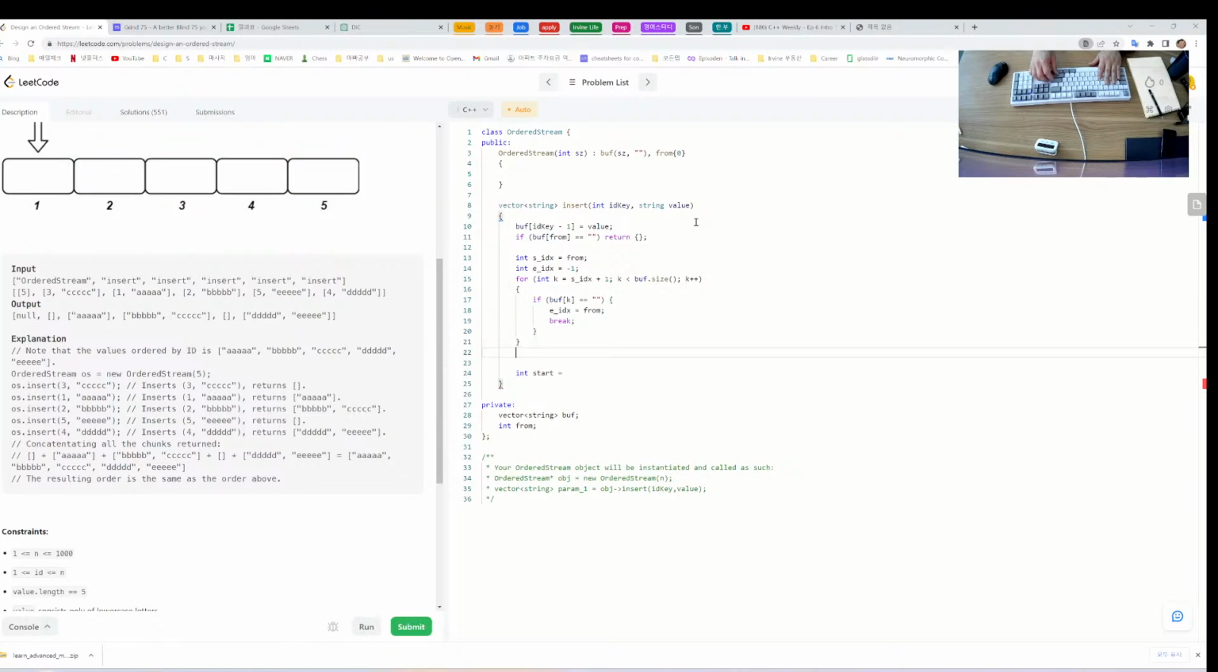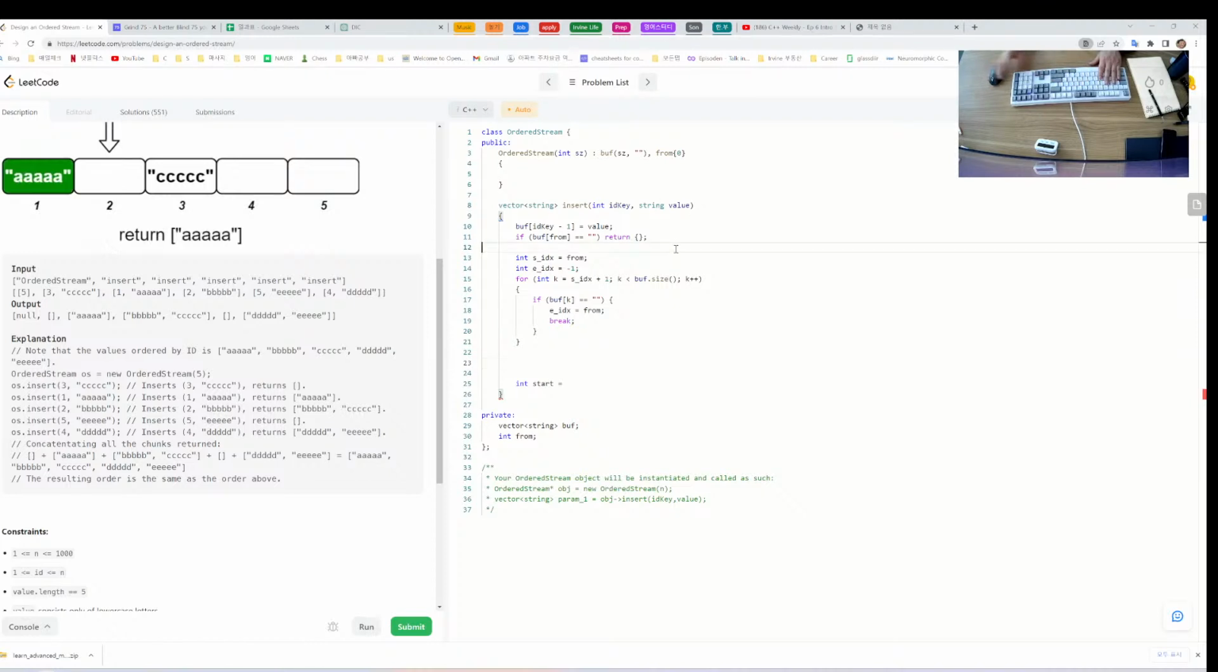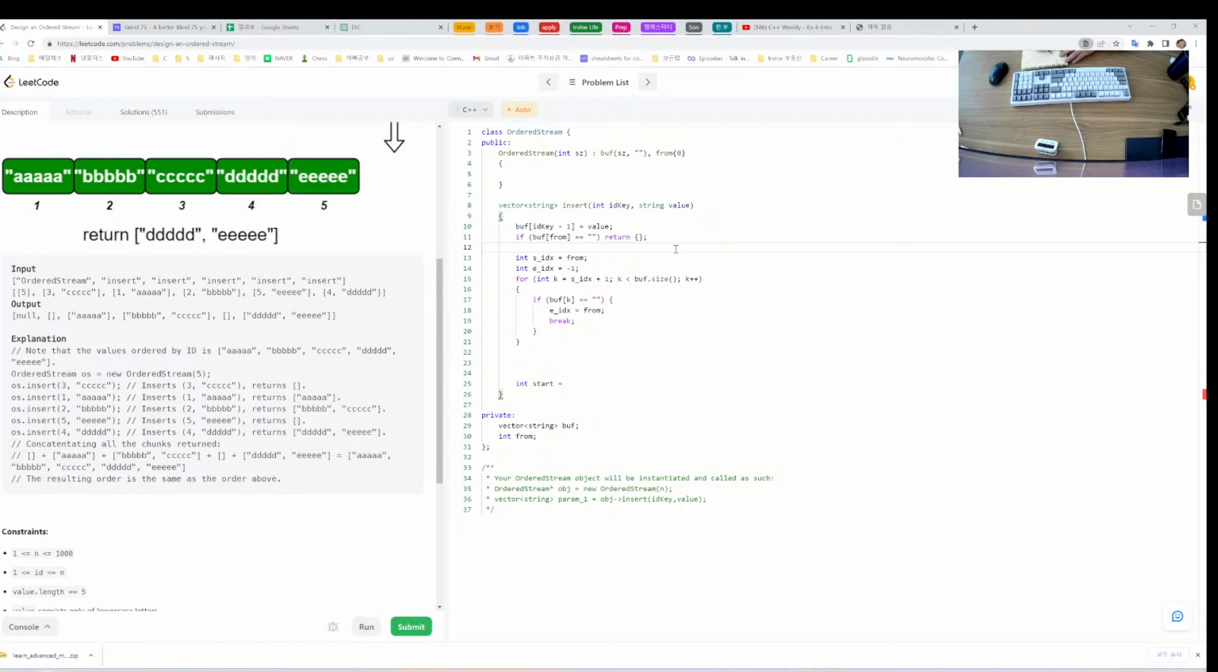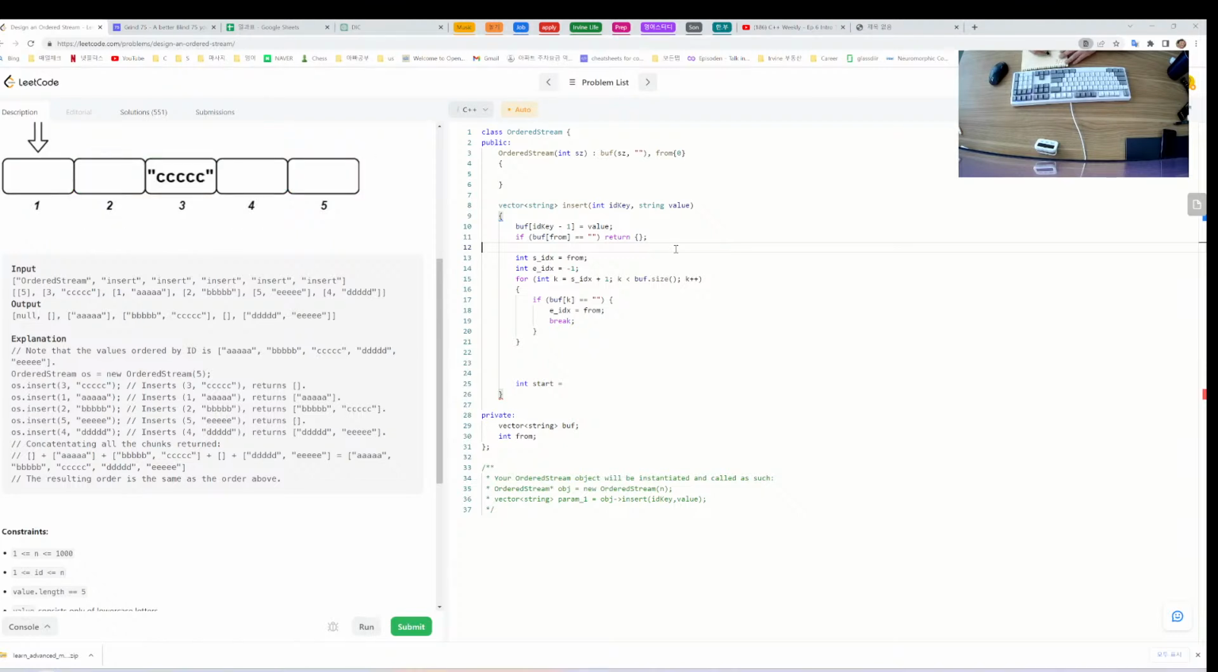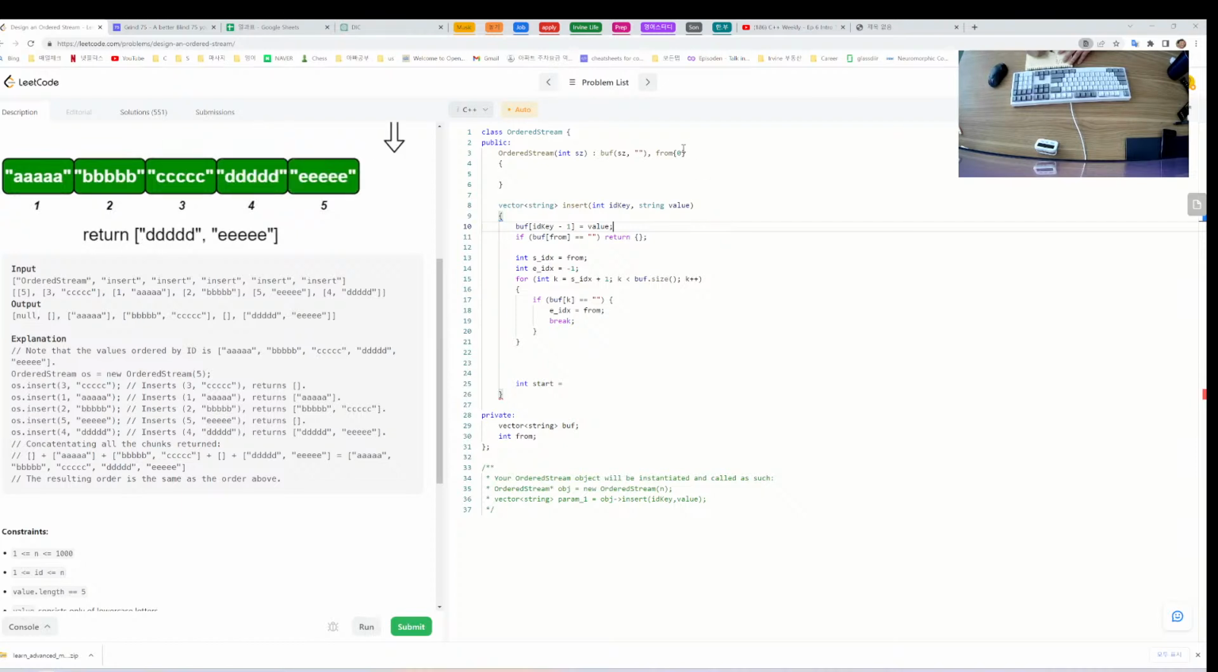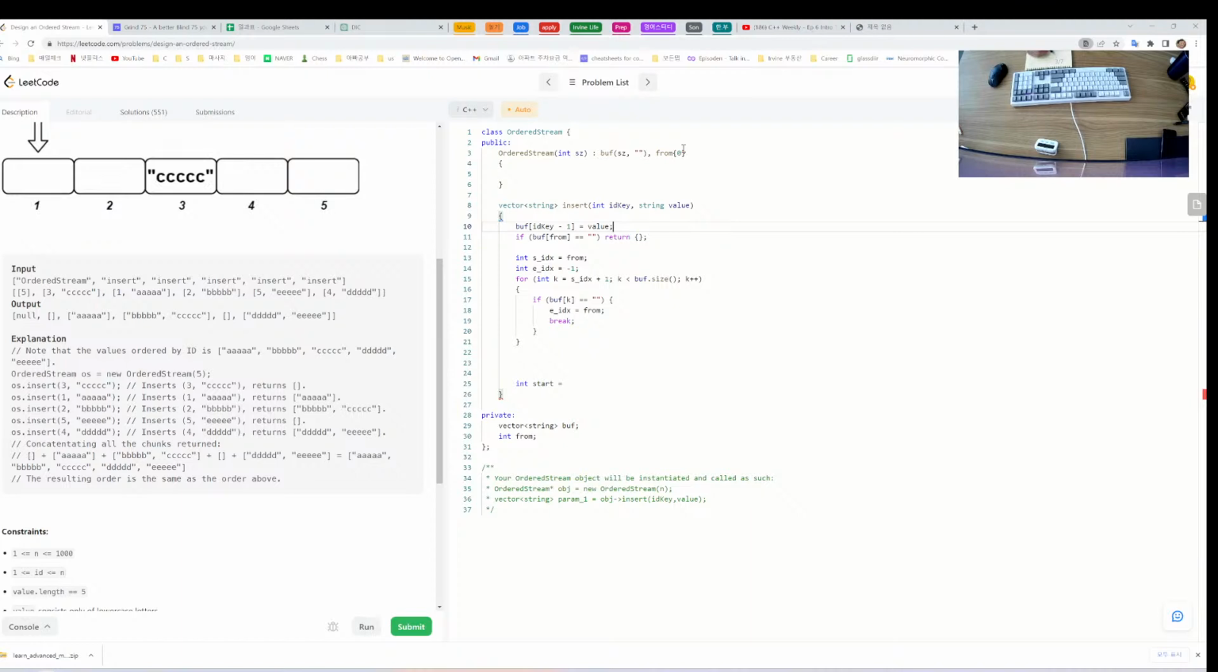So let's say that we have only AAA, and this was inserted. So the from will be, initially from is 0. So from is 0. So S index is here, and then from here, since this is,